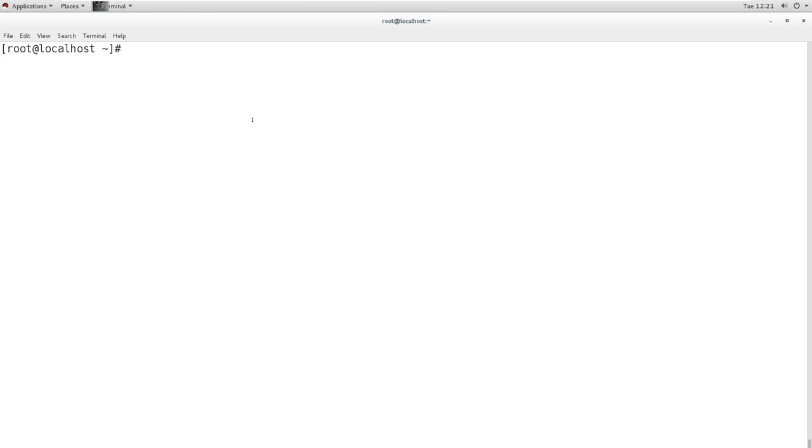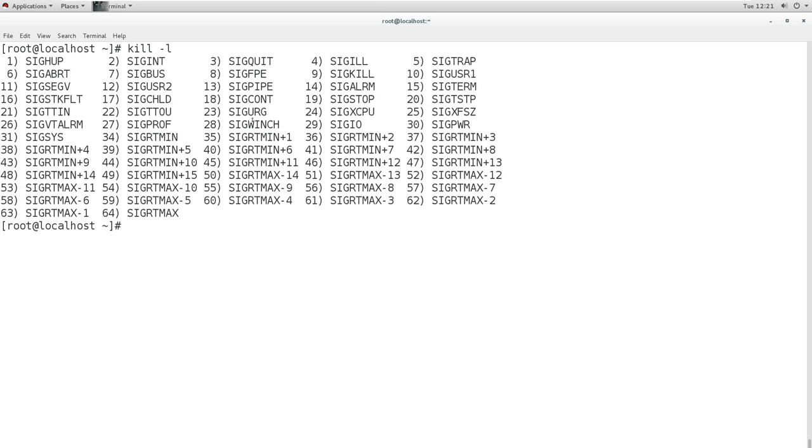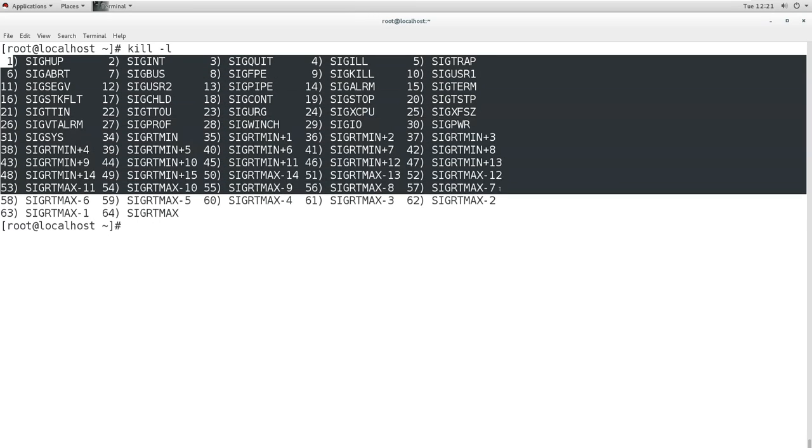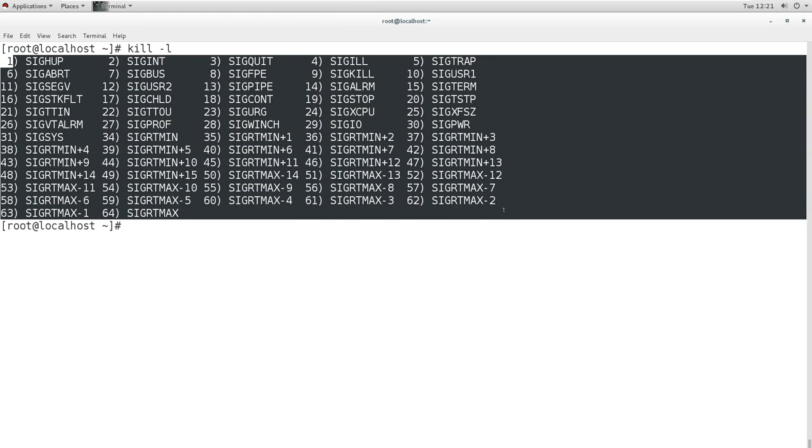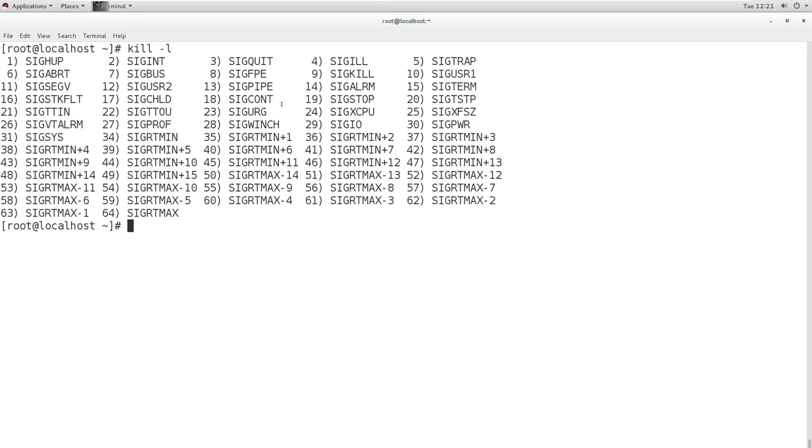So any command when we execute, we can kill it by kill command, and there are other signals also. We can check those other signals we can pass to the process by using kill -l command to list the other signals. So these are the other signals we have: 1 2 3 4 5 6 7 and till 64 signals we can pass. And I have used this one, number 9,